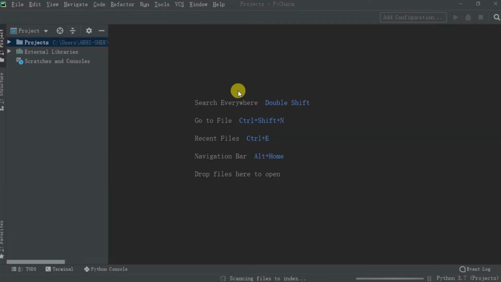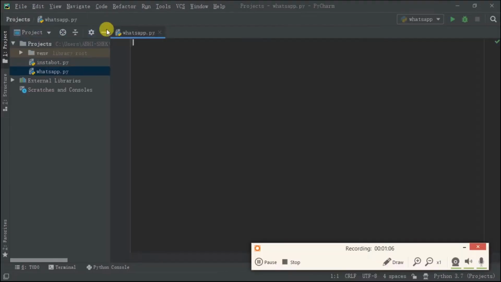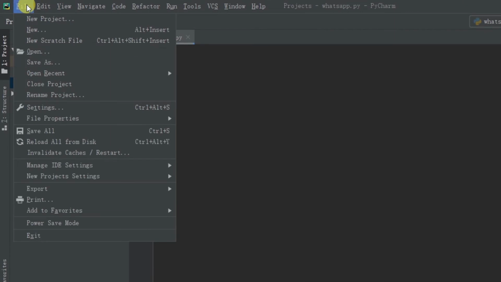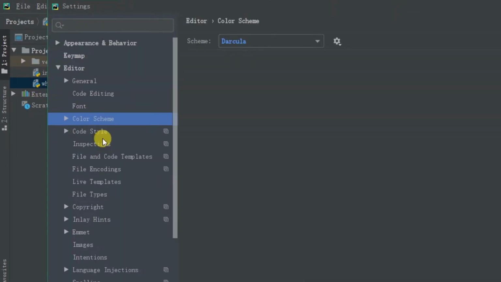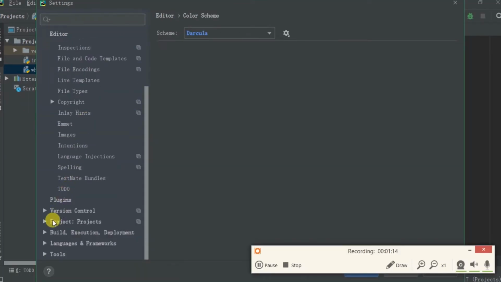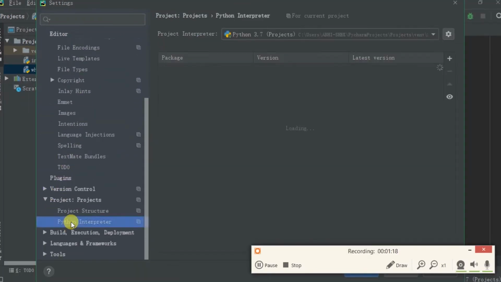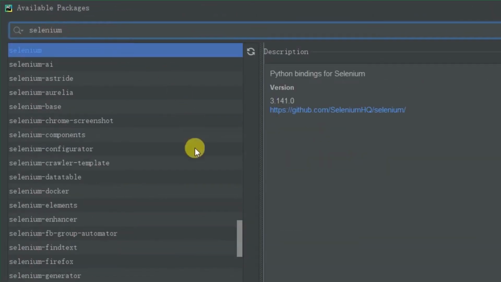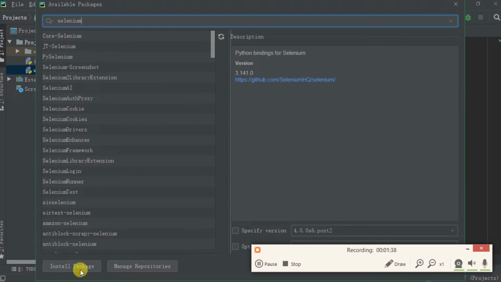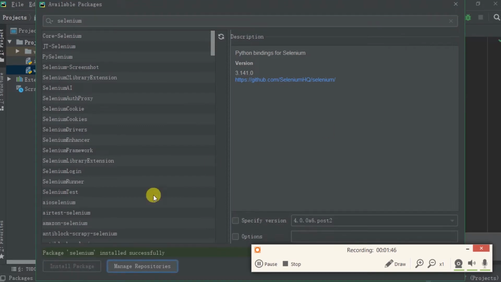First, we need to install Selenium. For those who don't have any idea about Selenium, Selenium is a framework which is used to automate web browsers. If you are using PyCharm, then follow me. For others, you will have to install Selenium using the pip command. So now we are ready to code.